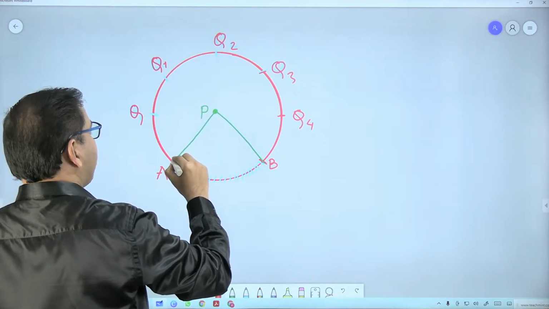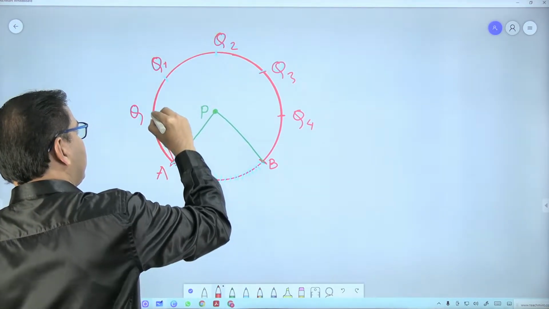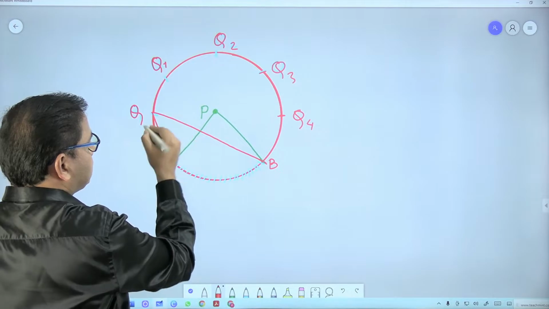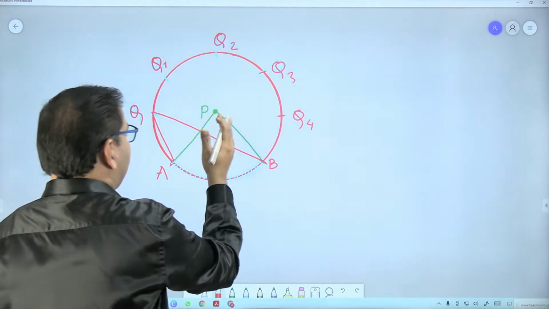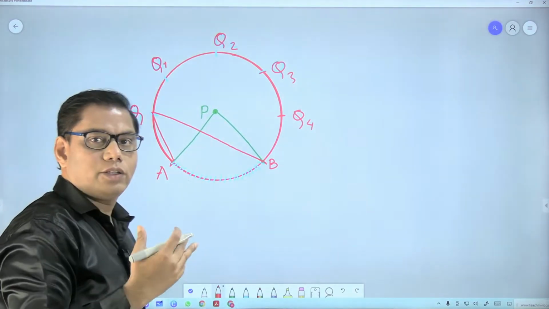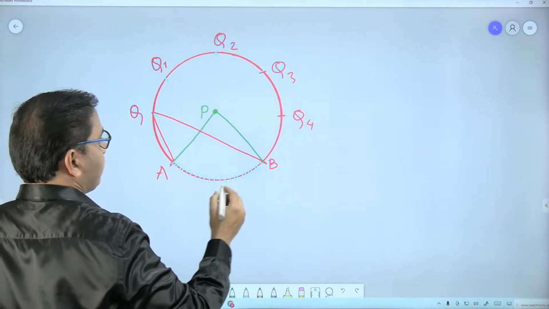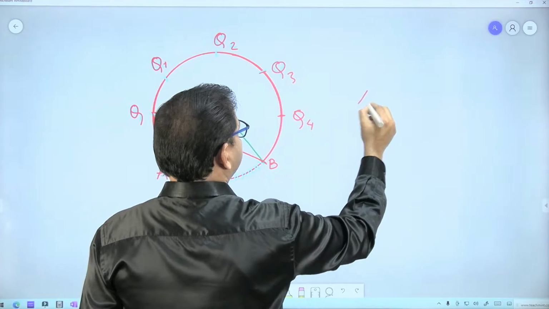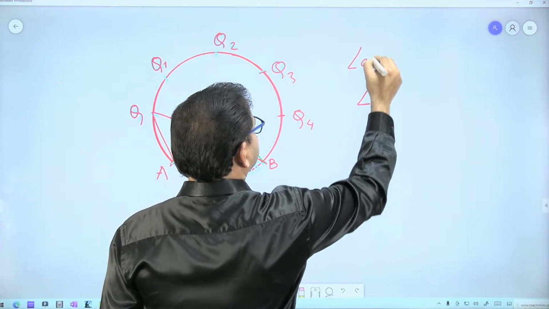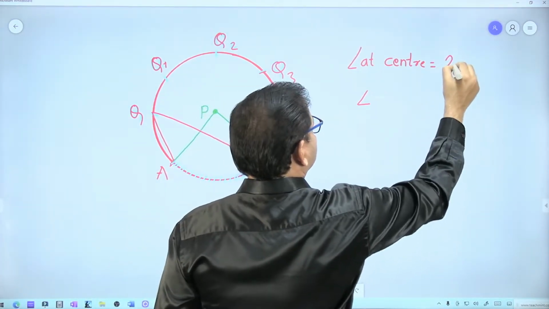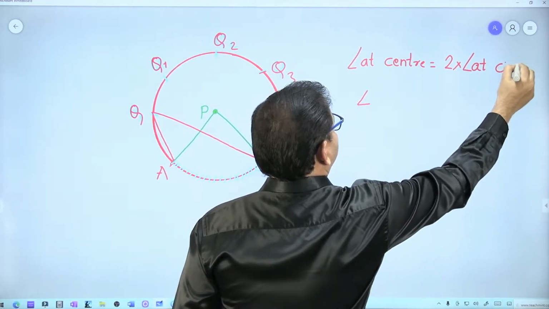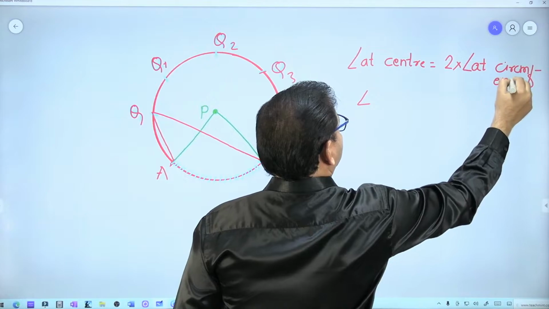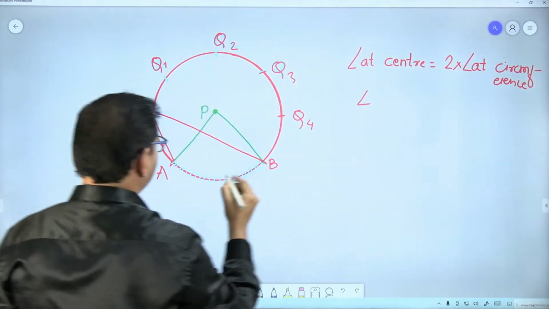Okay. So if I draw this angle AQB, look here. Sometimes students are not convinced with whatever they see. You can actually draw a diagram and find out. So this angle at the center is twice, meaning 2 multiplied by the angle at, I'll say, circumference, on the other part of the circle.